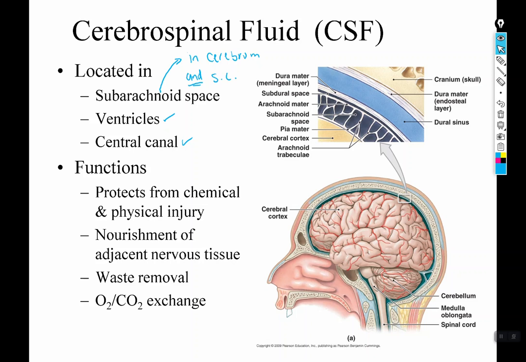So instead, we create this fluid that is a proxy for blood and carries wastes away, carries oxygen and carbon dioxide opposite each other, so O2 in, CO2 out, and also carries nutrients like glucose and amino acids